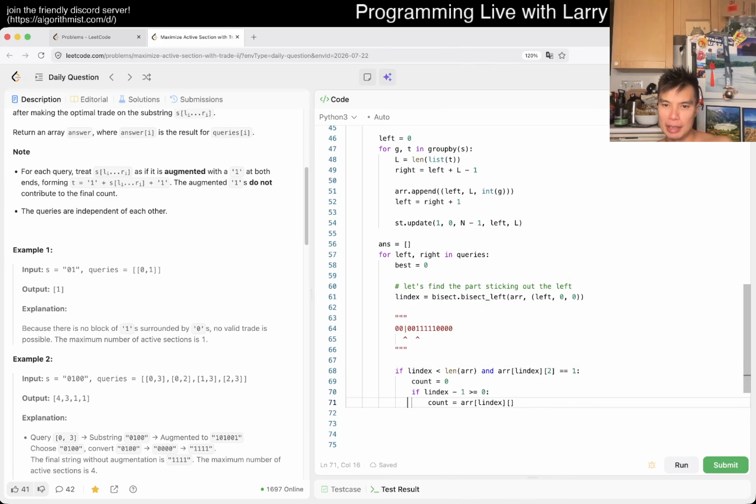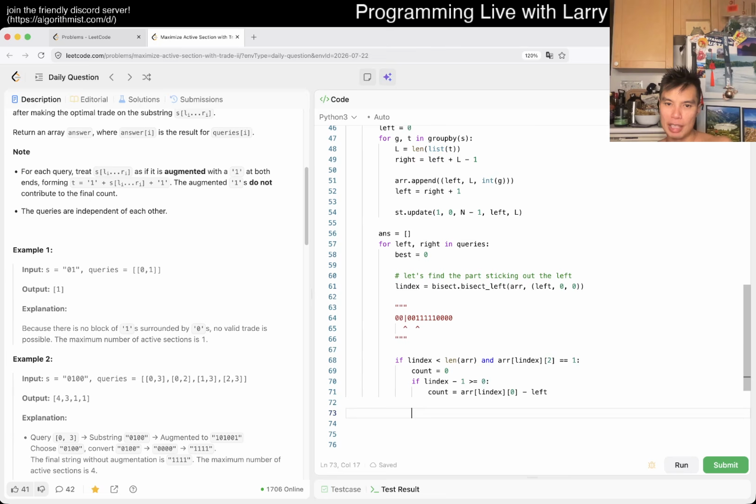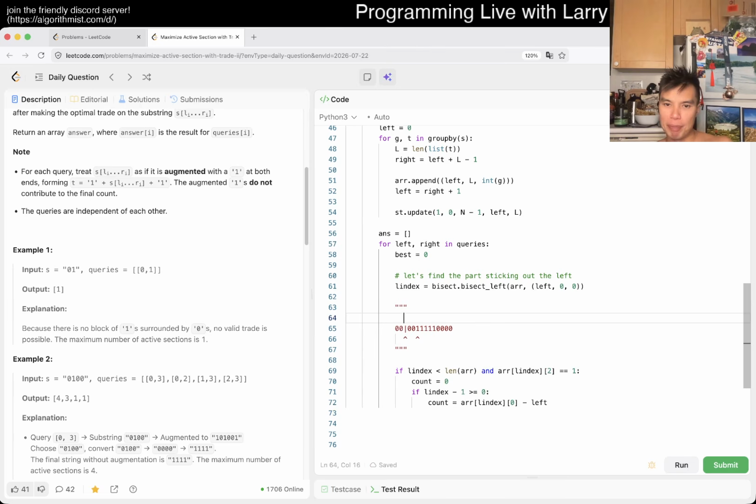So it is going to be the location. No, that's not the location. This is the location minus left is going to be this delta, right? And then now we want to, so that's this, and then if L index plus 1 to look for here, right? Then